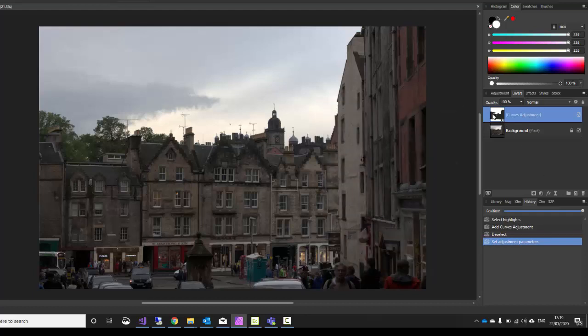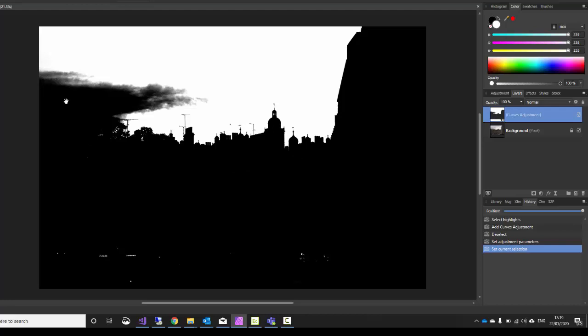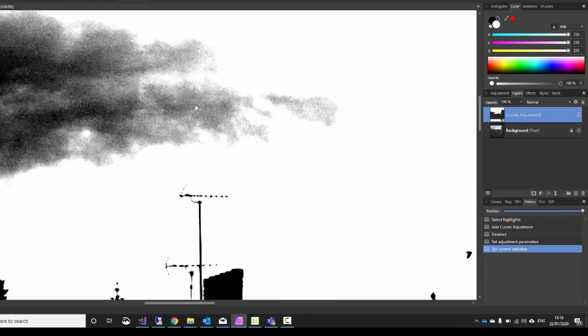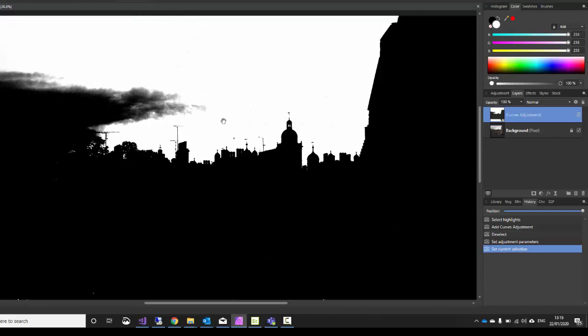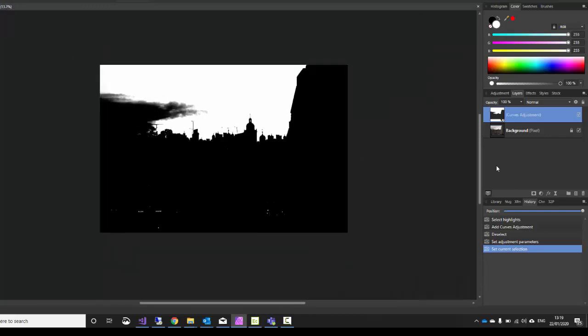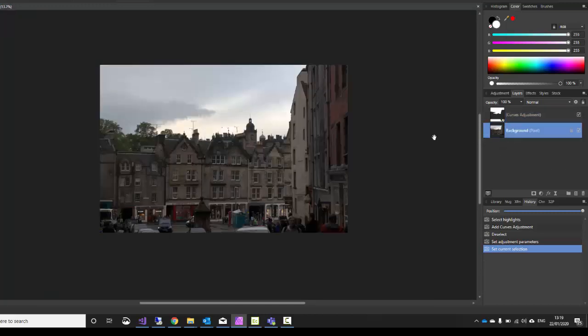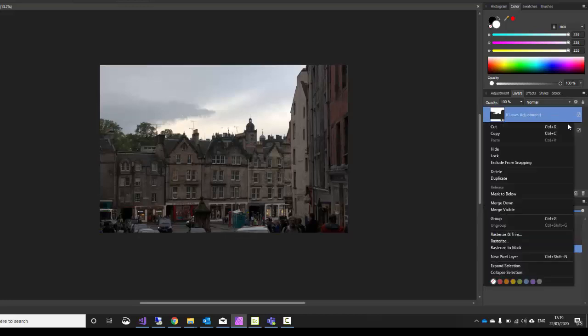So if I just hover over the image of the mask, hold the Alt key down and press the left-hand mouse, it'll actually show the mask itself, and you can see it's pretty much black and white. There's a little bit of grey here, but that's more just black with white dots in it. Right-click on any of the other images to go back to normal. Now what I can do is I'll delete that,